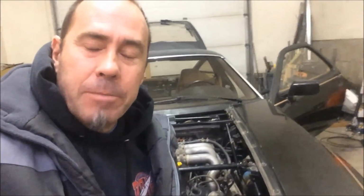Well, here are some of my thoughts, having gotten the car running and driving. I tell you, from the moment I saw this car, I was in love with it. I was 11 years old when this car came out, and it was so different looking than anything else on